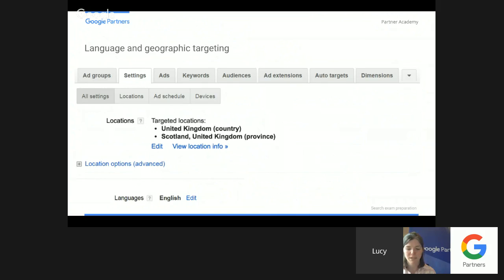The language your customers are targeted in is based on their Google interface language settings. So if I've got my Google homepage set to English UK, that's the target language. That's the ads I'm going to see, ads that are targeted to the English language. If I've got my Google homepage set up in French, I'm going to see ads that are targeted to the language French. For location, it's based on